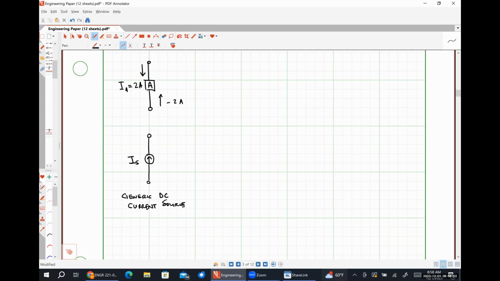A current source isn't something that we can usually just go buy from Walmart or Lowe's or something like that. You can buy current sources as a piece of electronic equipment, but it's usually from high-end electronics supply stores for laboratory purposes and all of that kind of good stuff. They're usually several thousands of dollars. From a practical standpoint, the current sources that we might deal with as practicing electrical engineers,